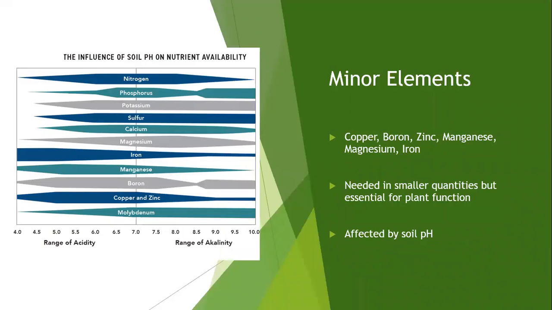The minor elements, as I mentioned, if we look at the chart on the left, we call this our torpedo chart. What it describes is if we start at the low range of acidity, a low pH of 4, and move up towards a range of 10, by looking at the various elements and their importance, we can see how pH influences soil uptake of these elements. Nitrogen, phosphorus. As we get down into things like iron, the higher your pH, the less iron is available to